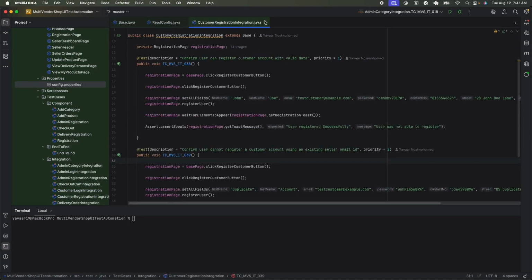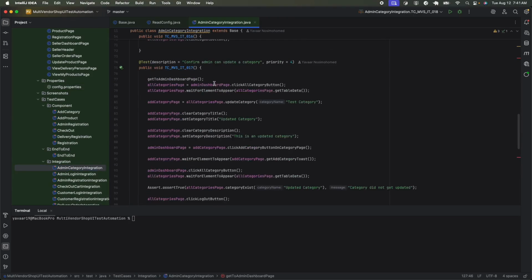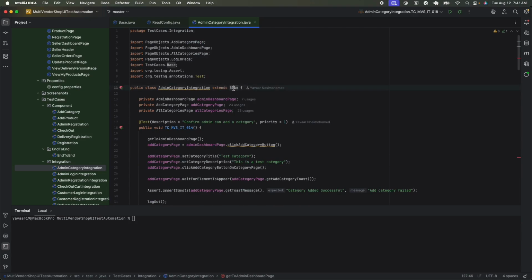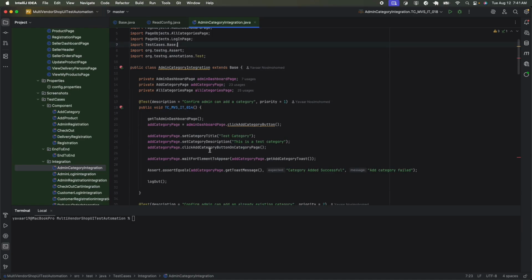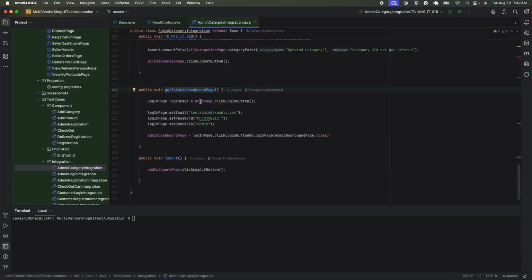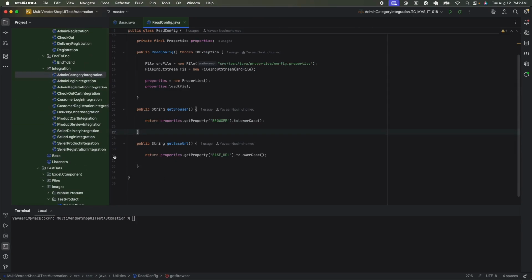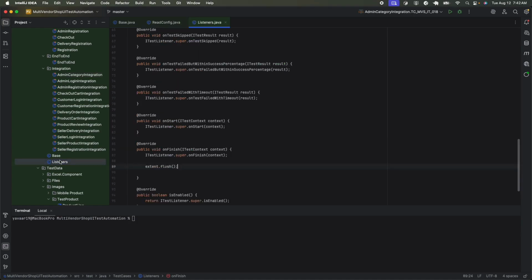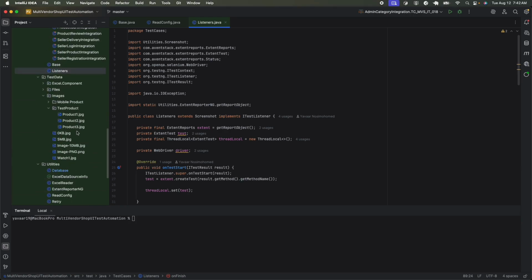Now if you take a look, all of my test cases are going to extend the base page. So we have access to the driver, we have access to the base page. Okay, here we go. That being said, I want to talk about listeners. Before I talk about the listeners, let me talk about